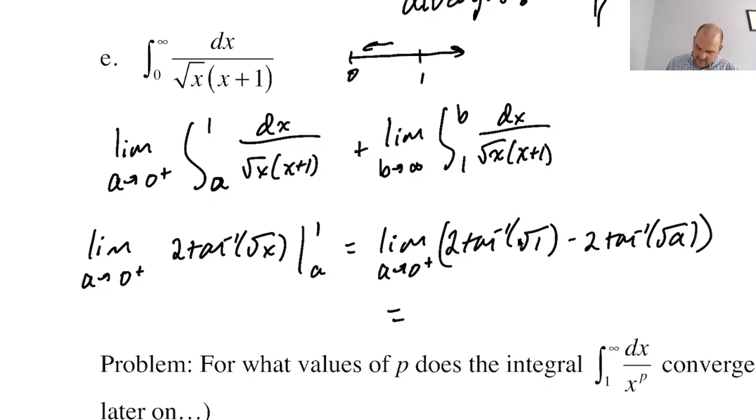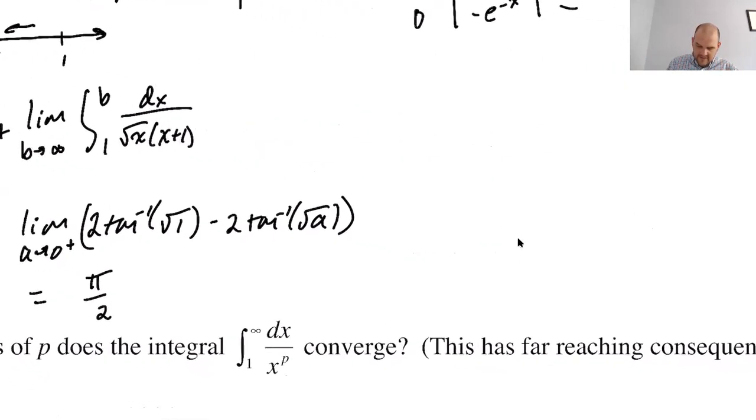Okay, so this gives me, the inverse tangent of 1 is pi over 4. So this gives me pi over 2, well, 2 times pi over 4, so pi over 2. Inverse tangent of 0 is 0, so that part just gives me that. So this will be equal to pi over 2